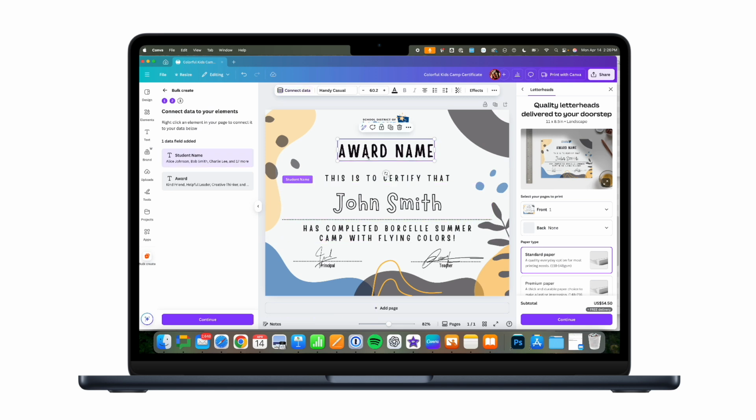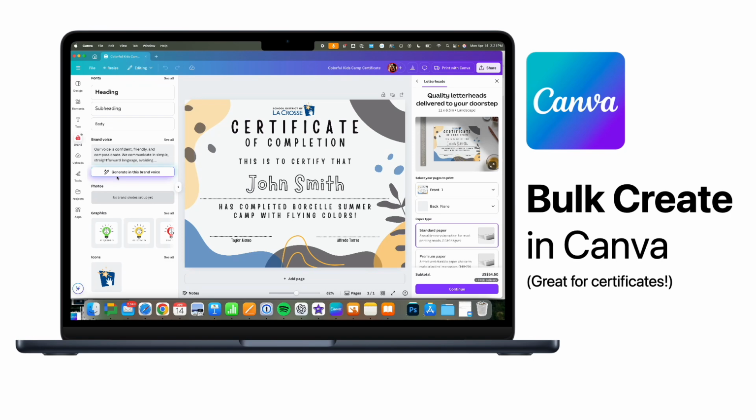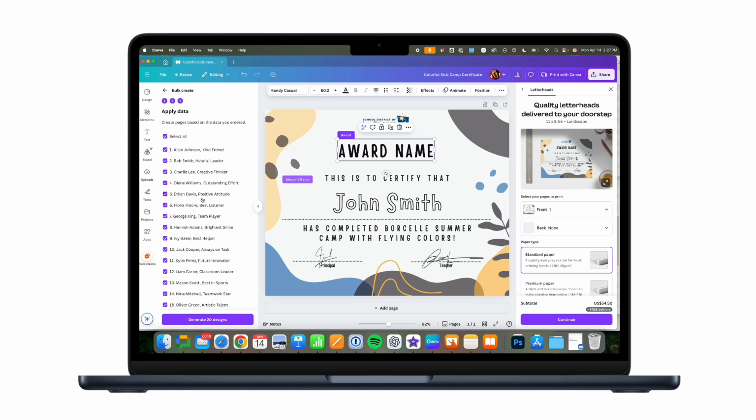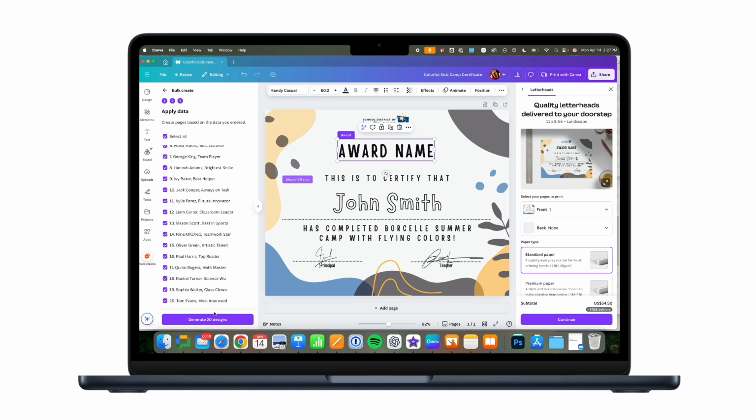Next, I'll click on the award name and again connect the data. I'll connect this one to the award. Then I'll click Continue. You can see that it shows me a list of all the data it's pulling from the spreadsheet that I uploaded. And when I click Generate 20 Designs,